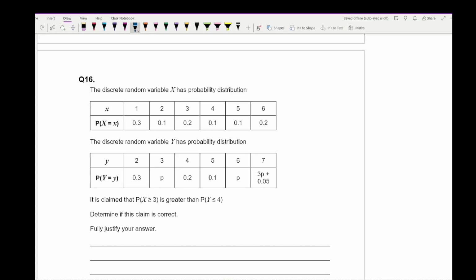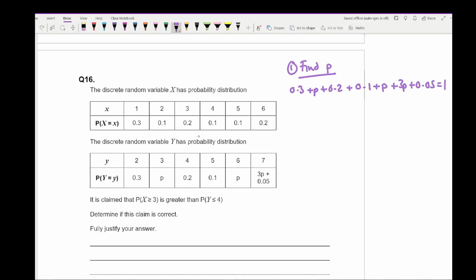However, for y, we can see we've got a p. Now, one of the key properties with a probability distribution is that all the probabilities must add up to 1. So here, what we need to do first is find p. So we add 0.3 plus p plus 0.2 plus 0.1 plus p plus 3p plus 0.05, and that all equals